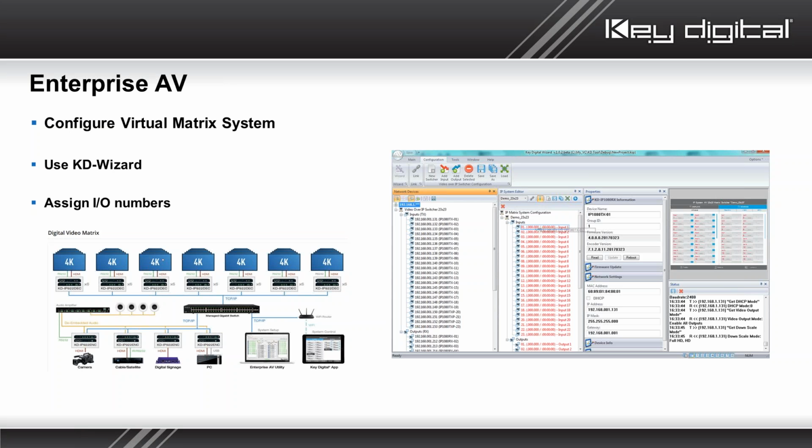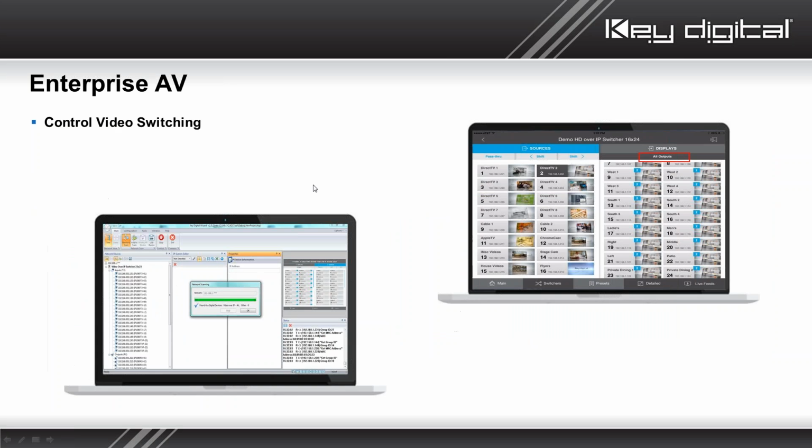You build your virtual matrix, virtual distribution, your virtual switcher, your KVM system, however it is, whatever the application. Doesn't have to be a matrix, right? We just call it a virtual system because it's not the traditional hard chassis. After you build that system, you are able to control video switching and the video wall